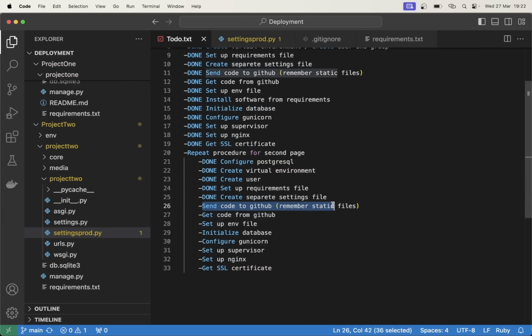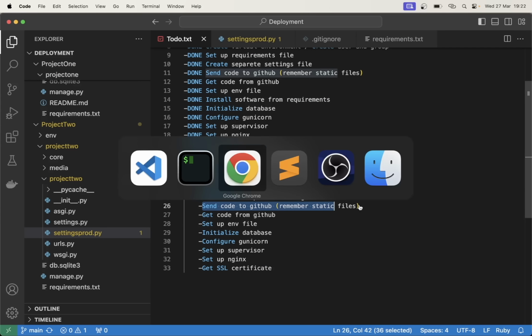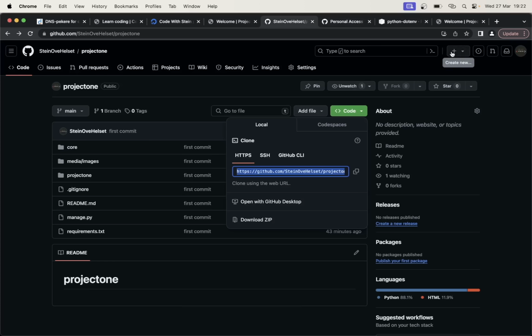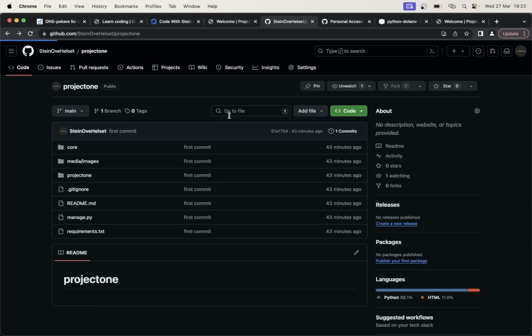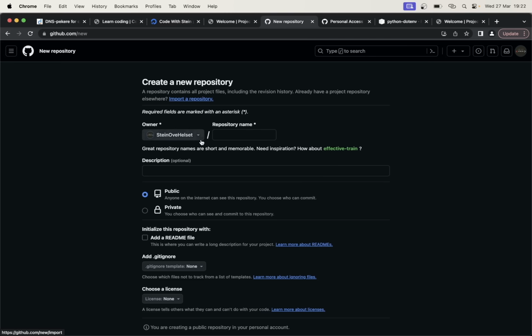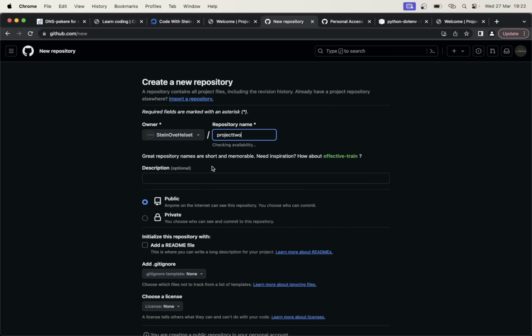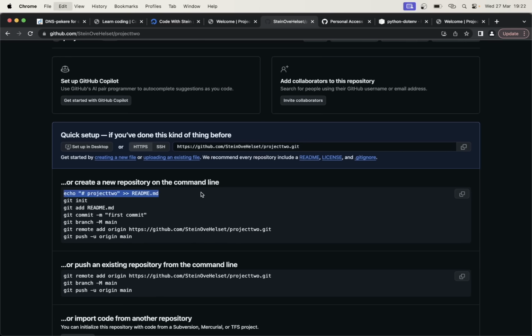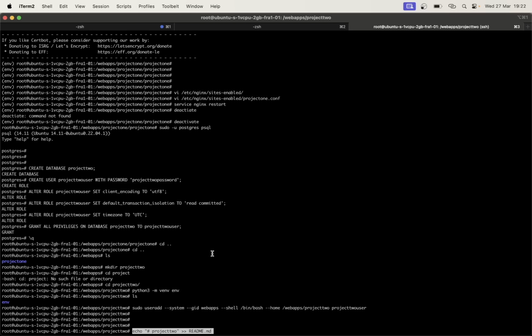So then I can send the code to GitHub. So we need to create a new project here. So just find the plus button, new repository, project 2, no description, public. This can just be like it is, create repository. Then we can create the readme file just so that we have it,